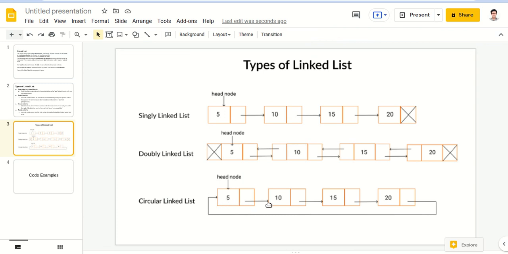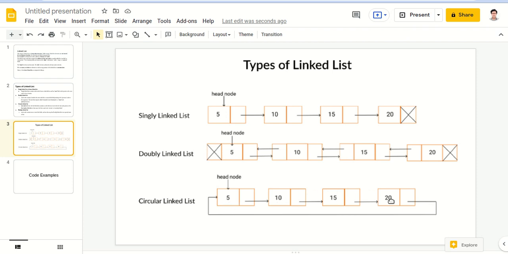The head node points to 5, 10, then 15, then 20. Then the next value of 20 is equal to the address of the first node, the node having 5.